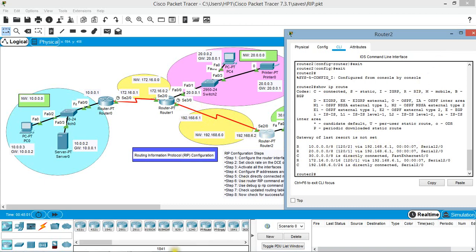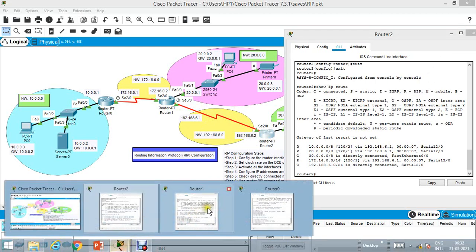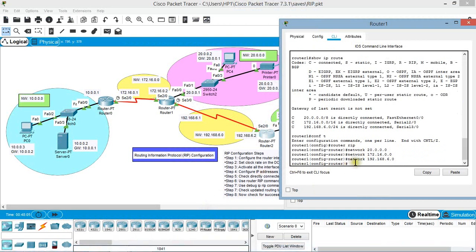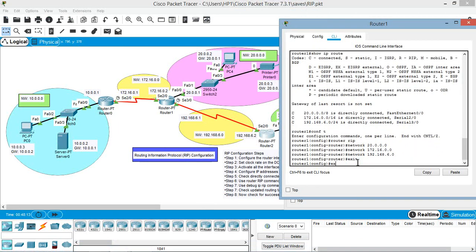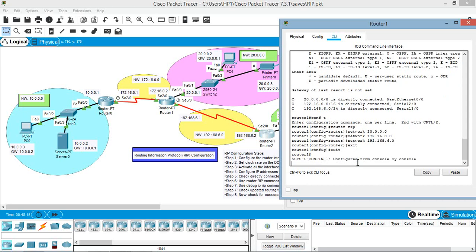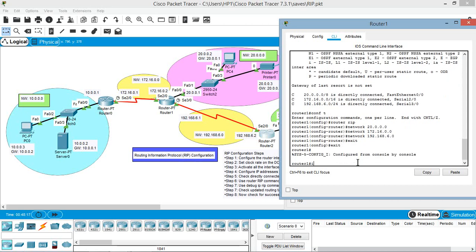Now similarly we are going to check the updated routing tables on the remaining 2 routers. So we are now on router 1. We'll have to exit from config router mode. Now we are on config mode. Again exit from here, come back to the normal hash prompt and use the command show ip route.